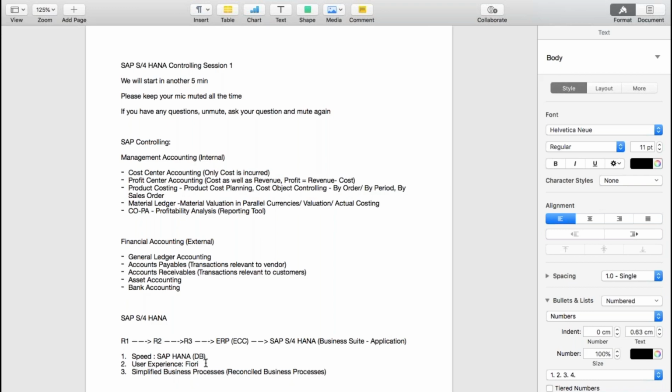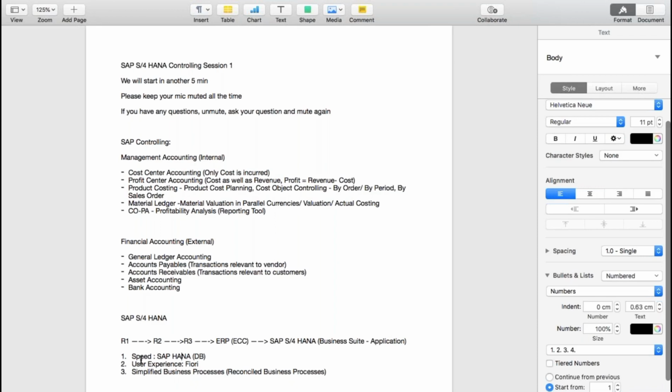But now Fiori is a new user interface. Using Fiori, if you have a web link, you can connect to SAP from anywhere. And even if you want to access the application using your mobile device, you can download the Fiori app and do your transactions from your mobile device also. So with Fiori you are getting better user experience.